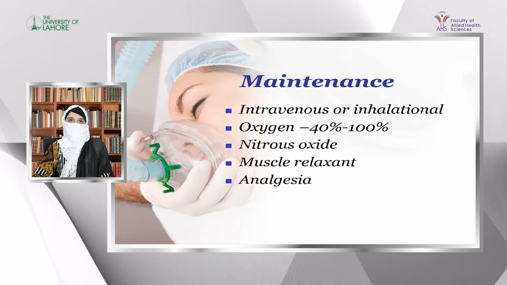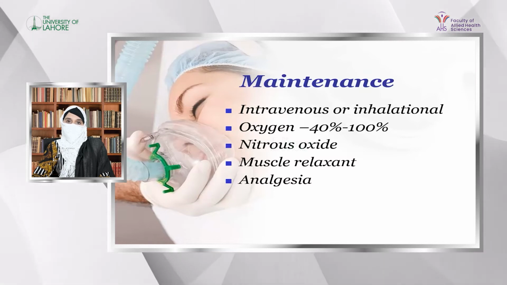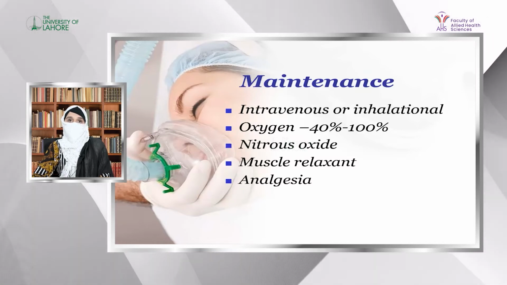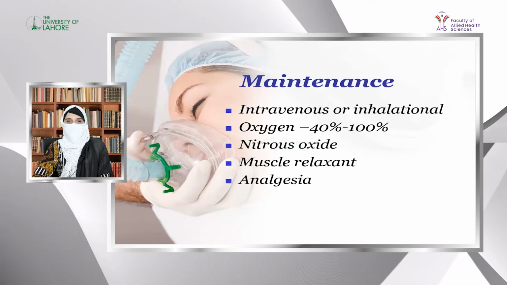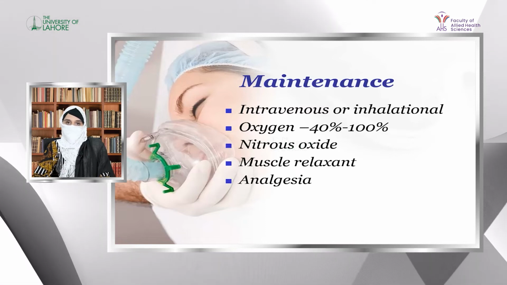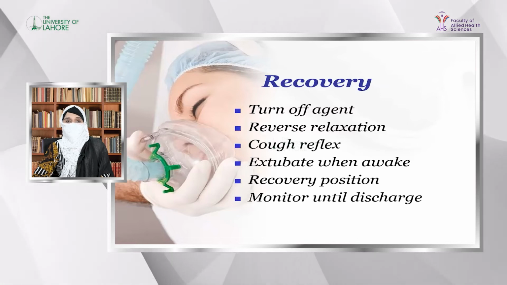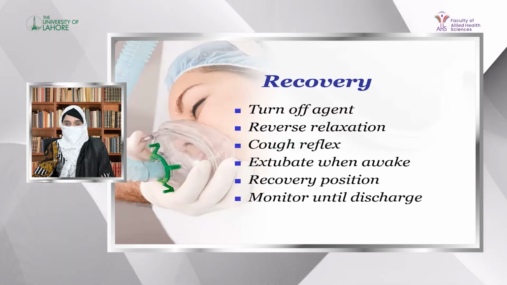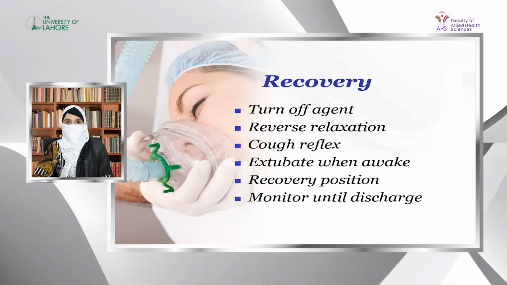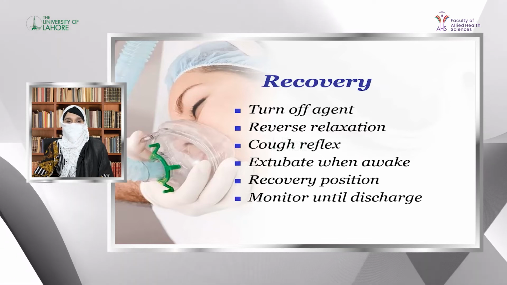Maintenance of general anesthesia includes intravenous or inhalational agents, oxygen, 100% oxygen mostly, nitrous oxide, muscle relaxant, and analgesia. Recovery includes turning off the inhalational agents, reversing the muscle relaxation, cuff reflex,